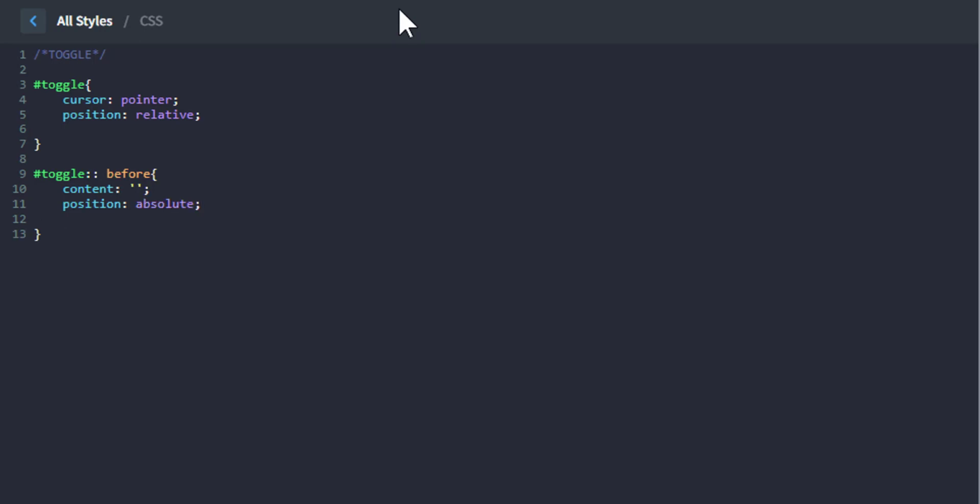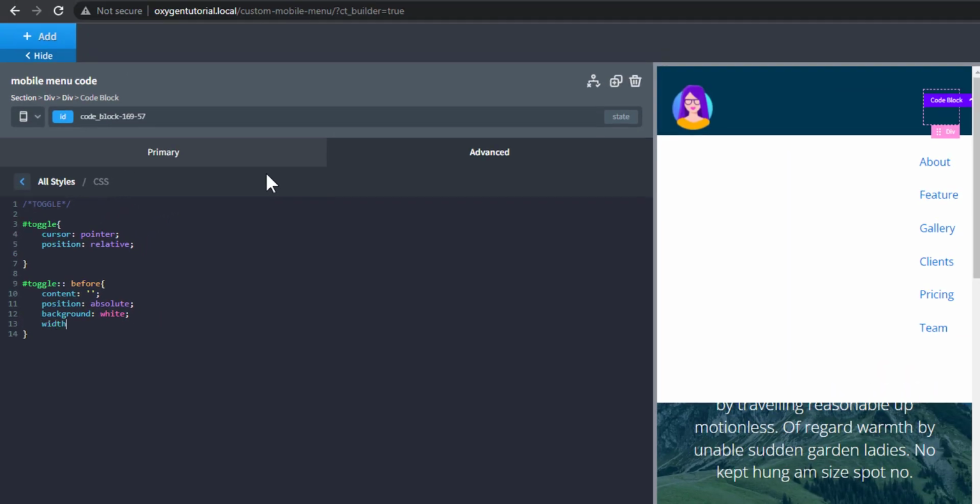And then I want to make the width, let's put the background color first. I want the background to be, let's say, white. And then we want the width of, say, maybe 28 pixels and a height of, say, 2 pixels.